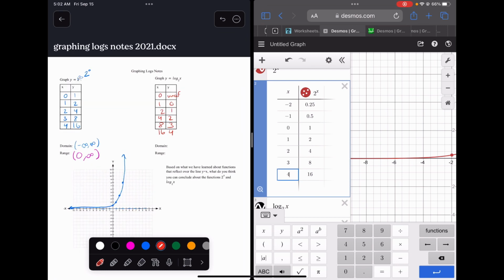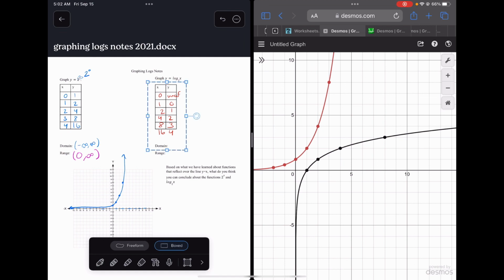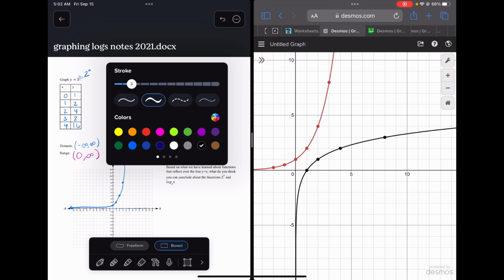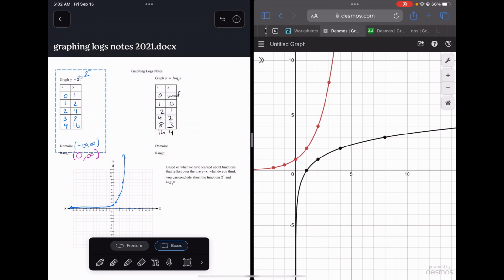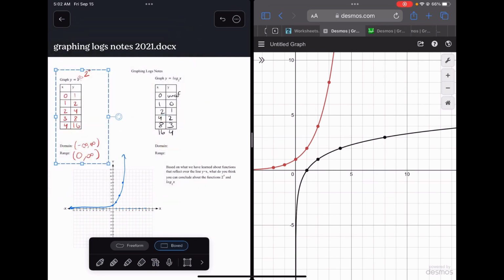All right, so now let's look at this black graph. Let's turn this into black just for continuity's sake, and we will turn this into red because then they'll match the graphs we got. So we have our graph of our logarithm here. Again, I just knew what values to plug in to give me nice y values. Now, if we go ahead and graph this,